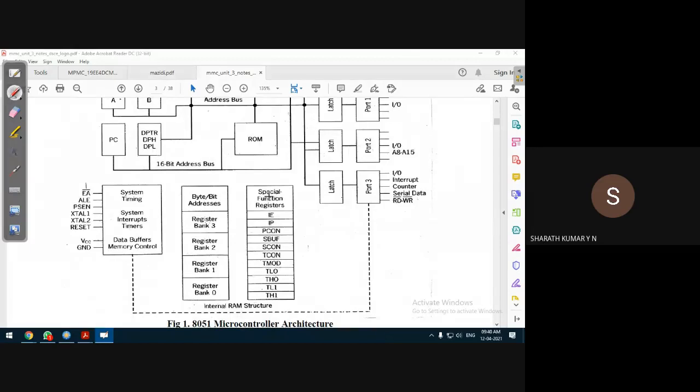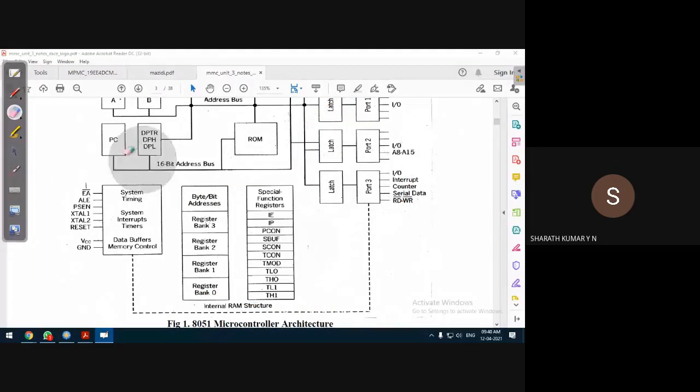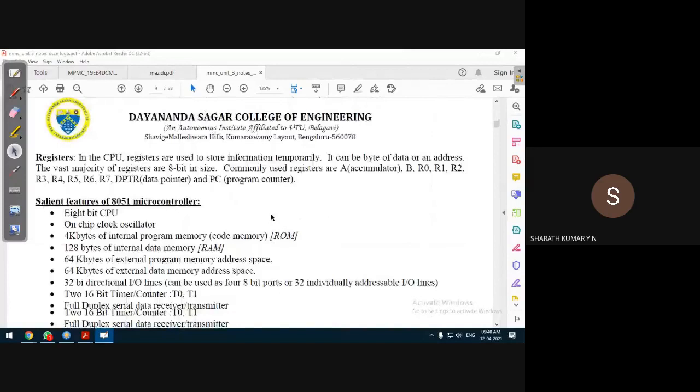I understand, because we need to discuss the internal memory architecture and we have to discuss the pin diagram. In the pin diagram, we discuss port pins again, and we need to discuss these pins in a little detail. So let us jump to the next topic, that is the pin diagram. Before we go to the pin diagram, a quick view at the various salient features of the 8051 microcontroller.